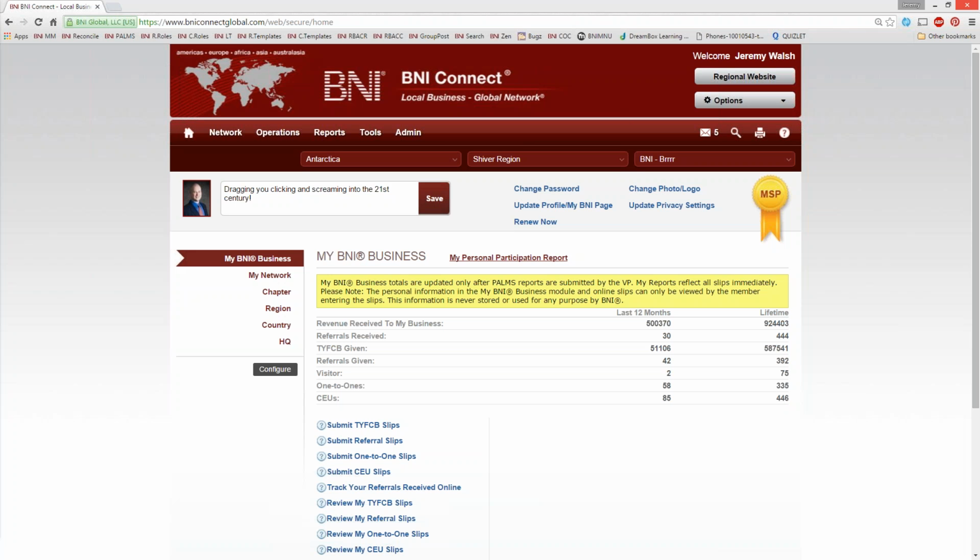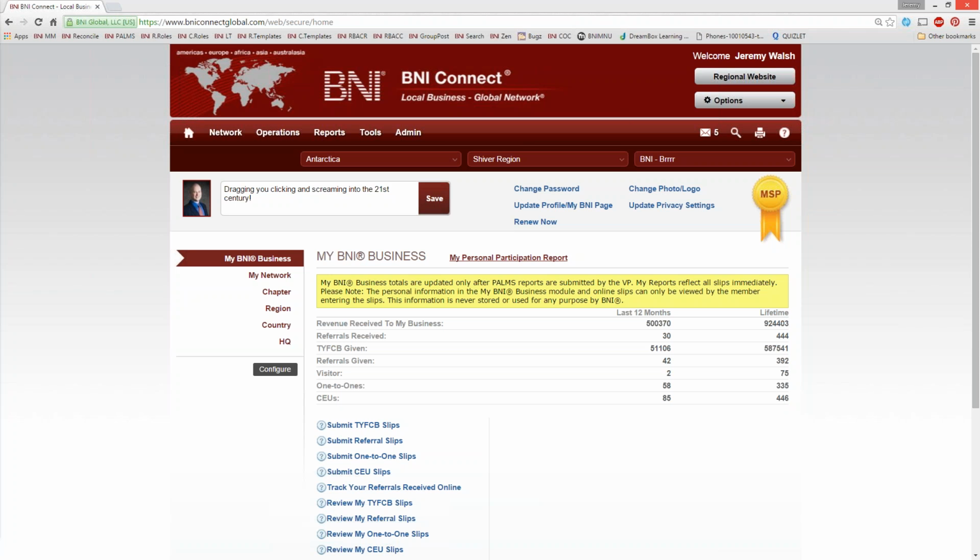One of the ways we can do that is by really treating our chapter more like we treat our businesses. And one of the ways we do that is by establishing goals for the chapter. Now in BNI Connect, we can do that through the goals program. And the nice part is that as the year progresses, BNI Connect will start to put in your results. So you can compare, hey, this is what I projected versus these are my actual results. And it's extremely helpful. So let's take a look at how that works.